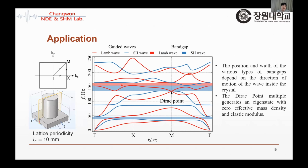So here, as you can see, the arrangement of atoms in natural crystals results in phononic features typical for these kinds of structures. Here we can see a simplified unit cell of the structure. So these are the appearance of the second order of